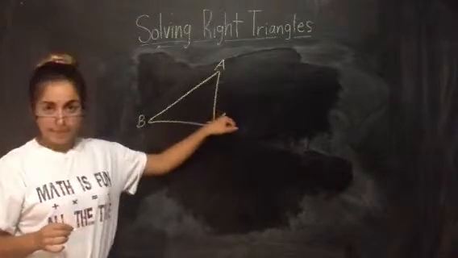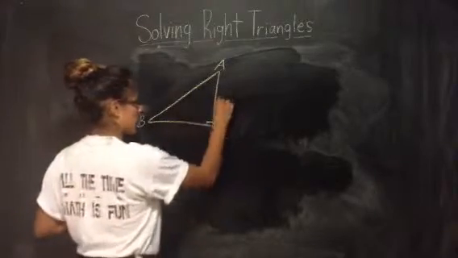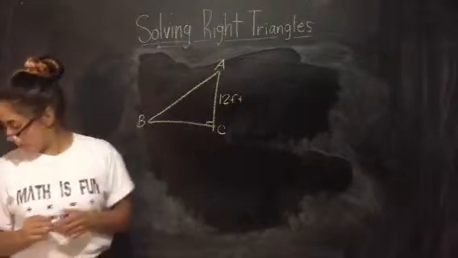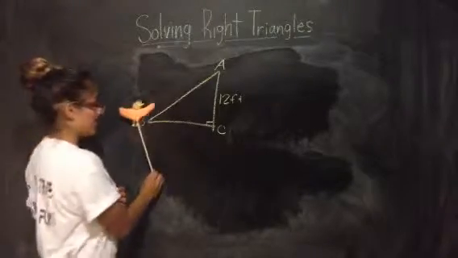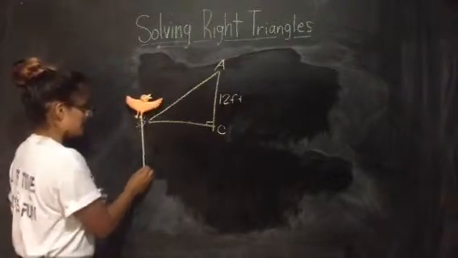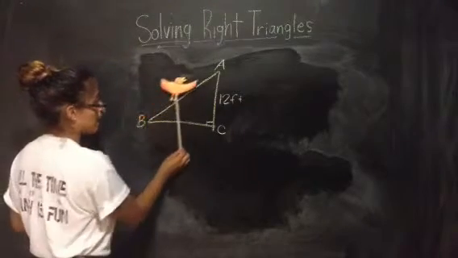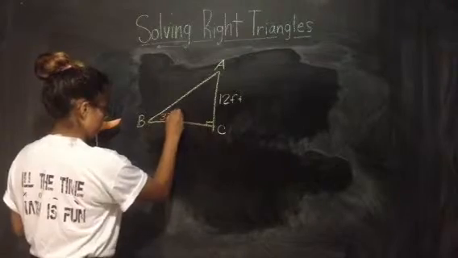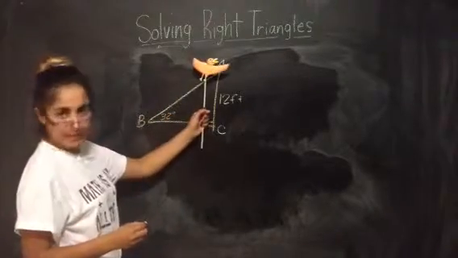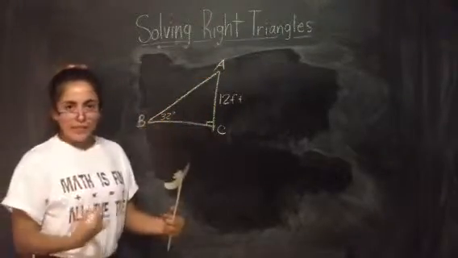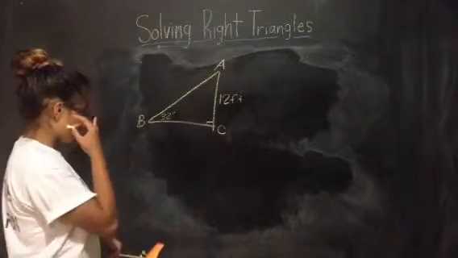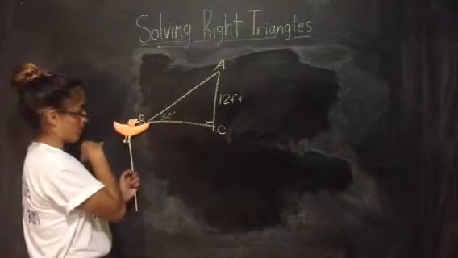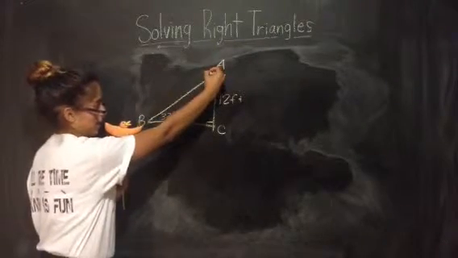So, say this is a building that is 12 feet high. And at point B, there is a bird. And the bird flies at an angle of 32 degrees to the top of the building. The things that we need to find to solve the triangle, to solve for the distance from the starting point of the bird to the top of the building, is